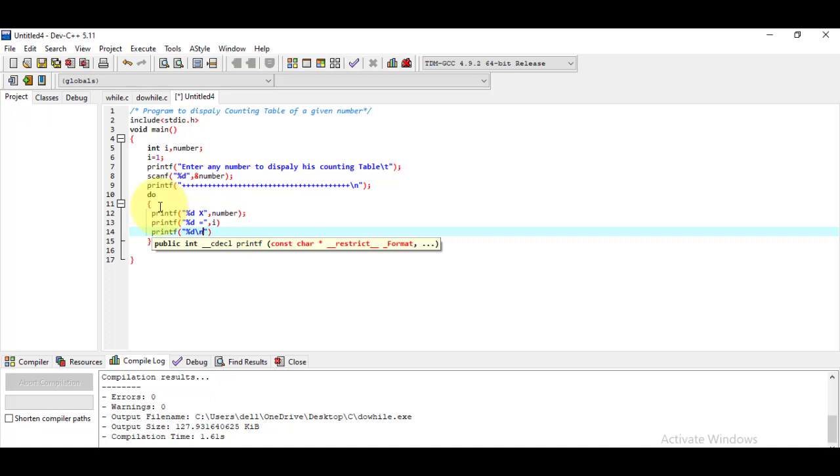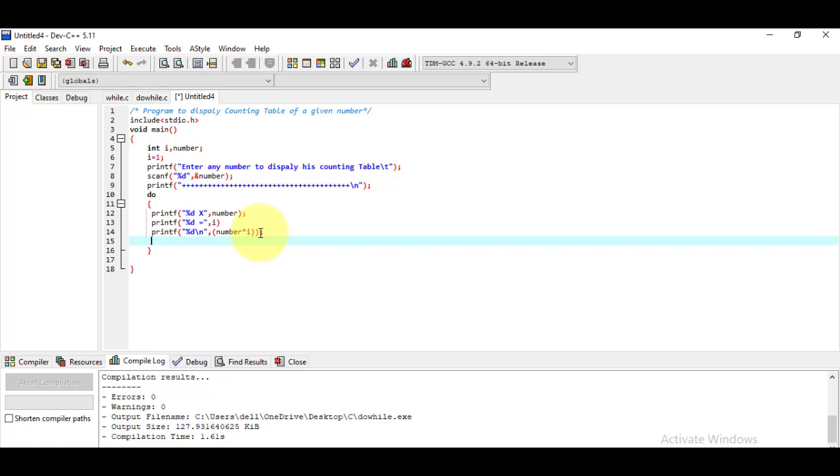Then here I have to put the comma, and after that I have to display the result. So for that I'm using the parenthesis, and here I'm writing number multiply by I. I just want to display the multiplication of this. So at the end put this parenthesis.